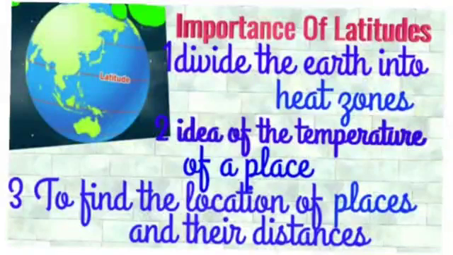Latitudes are also known as parallels as they are circles parallel to the equator. All parallels except the poles are complete circles. Their circumference decreases gradually from the equator to the poles, where they are simply points, the North Pole and the South Pole. And we have already discussed this. The equator is the largest parallel of latitude. So this is the importance of latitudes.